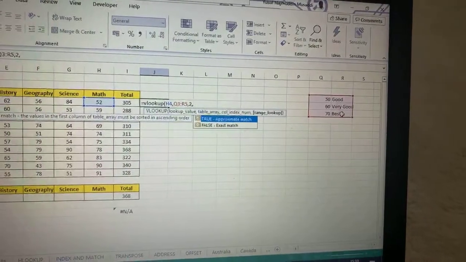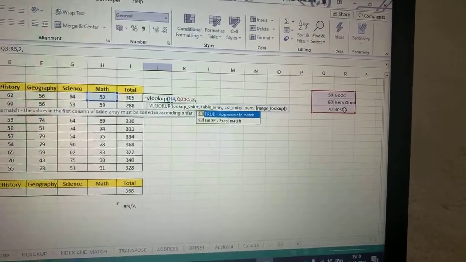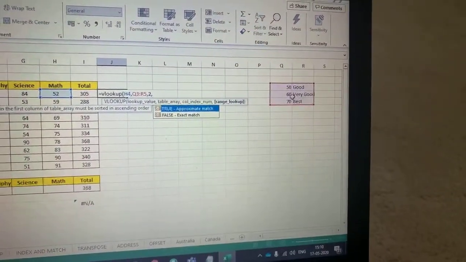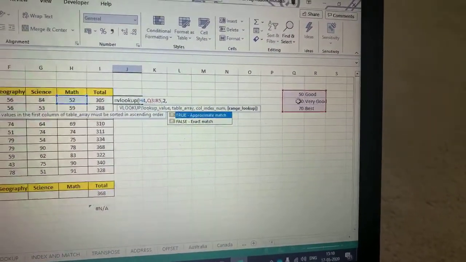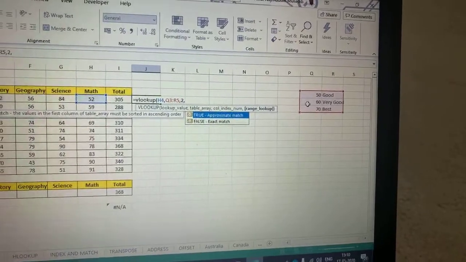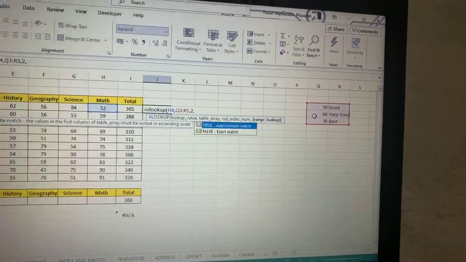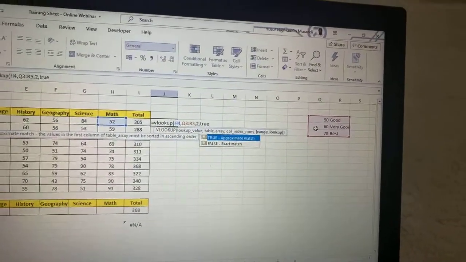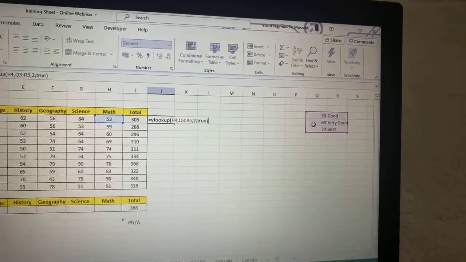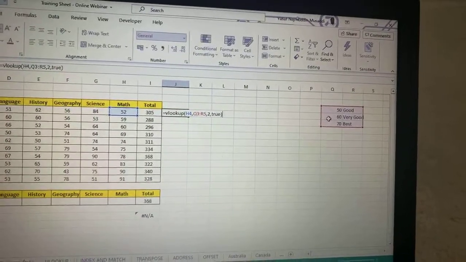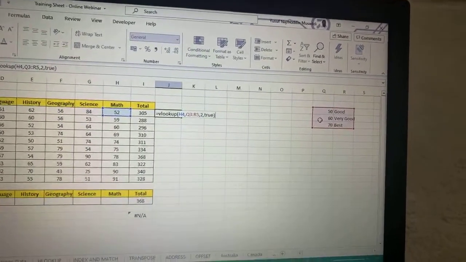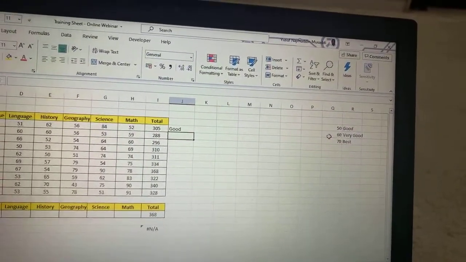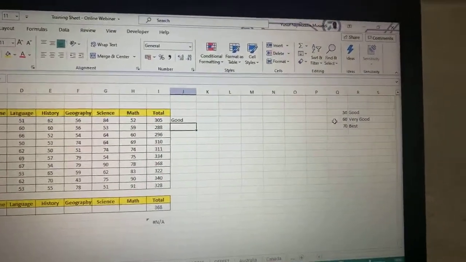Okay, please understand over here, though we are searching a value from this table, the search will be conducted over here because we want to pick up the range from here. In this case it will not be an exact match, it will be an approximate match. Why? Because I will not have exact values of 50, 60, 70. They will be around 50, around 60. So over here I need to select true because it's an approximate match.